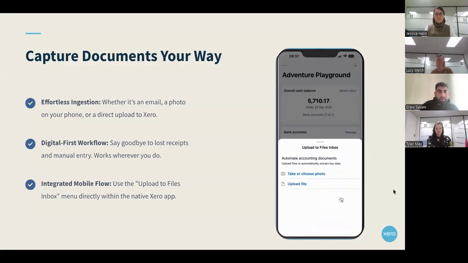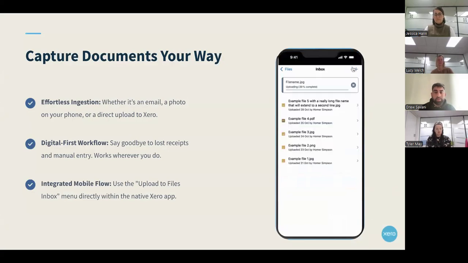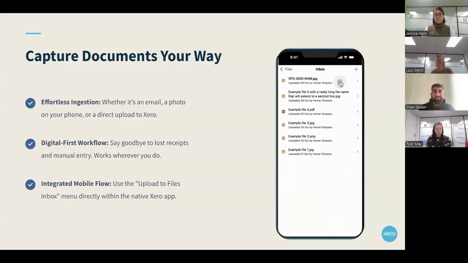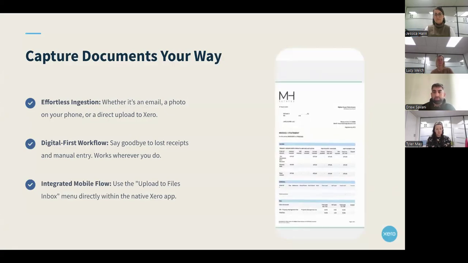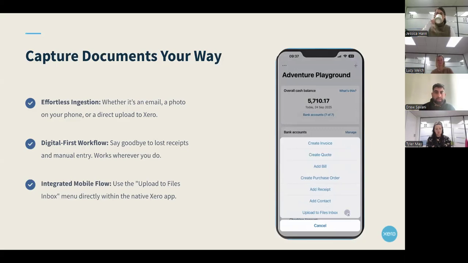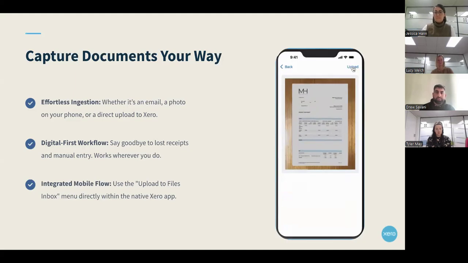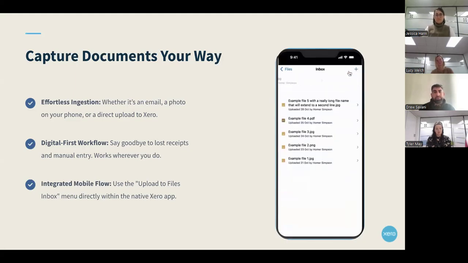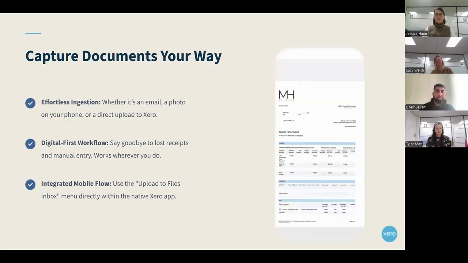There are a number of different ways that the data or the receipt can be uploaded into Xero. As I mentioned, the easiest way is probably through the Xero app, and as you can see on the right hand side, there's a demonstration of how that's done. However, if you prefer to email the document in, that's also a possibility, because every Xero subscription will be assigned a unique email address.